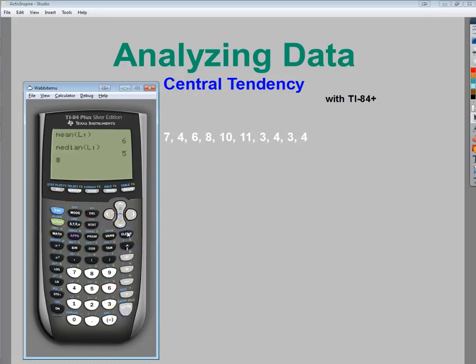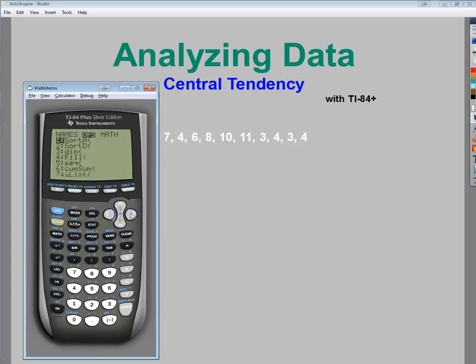Okay. To find the mode, in older versions, or like the TI-73 Plus, which is the middle school version, there's actually a mode button that will do it for you. In the TI-84 Plus, they assume that you can count. So the best you can hope for is organizing your list and then just finding the one that happens the most. So what you're going to do is go to second list,